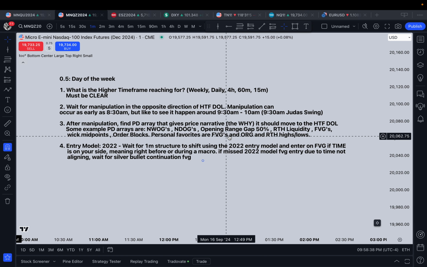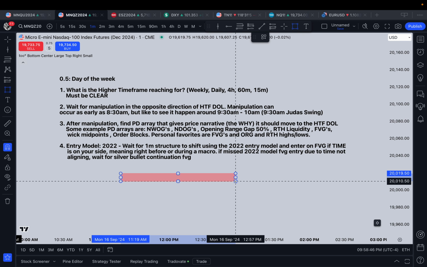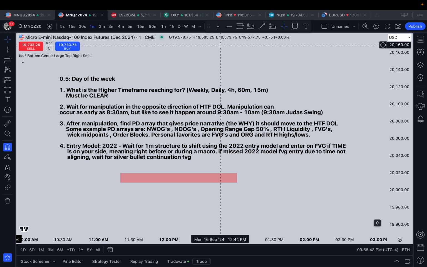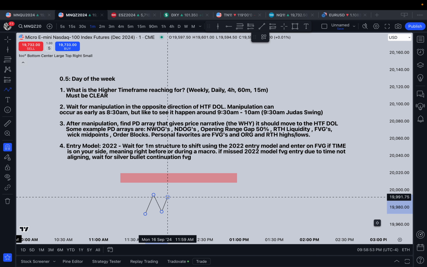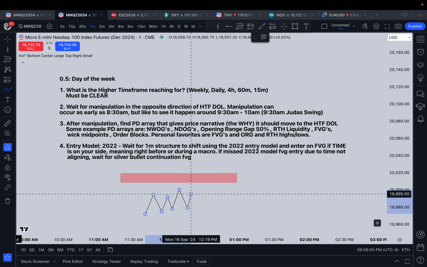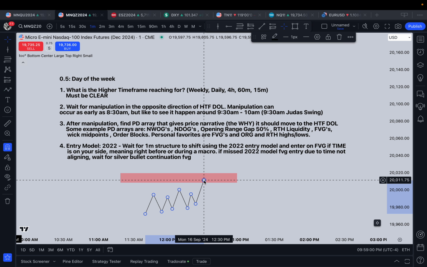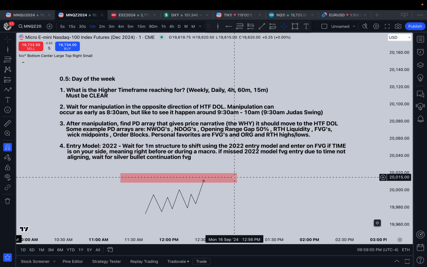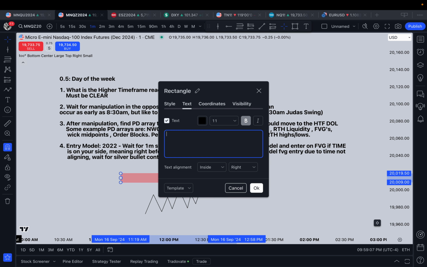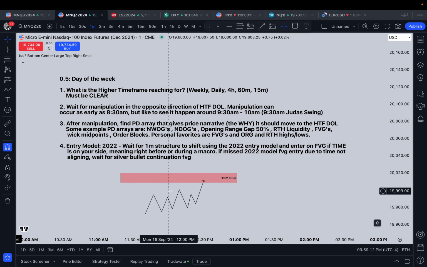So I like fair value gaps. Say we have a 15-minute chart, and say I'm bearish. I want to see price go lower, and we have something like this before 9:30. Then 9:30 opens, and we come up, take out buy side, which is this high right here. So we take out buy side, and then we tap into this 15-minute CIBI. We tap into that 15-minute fair value gap after taking buy side.